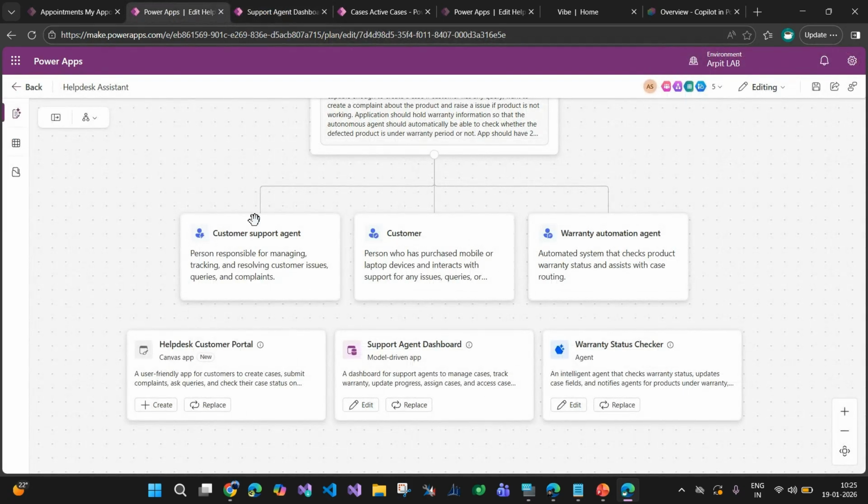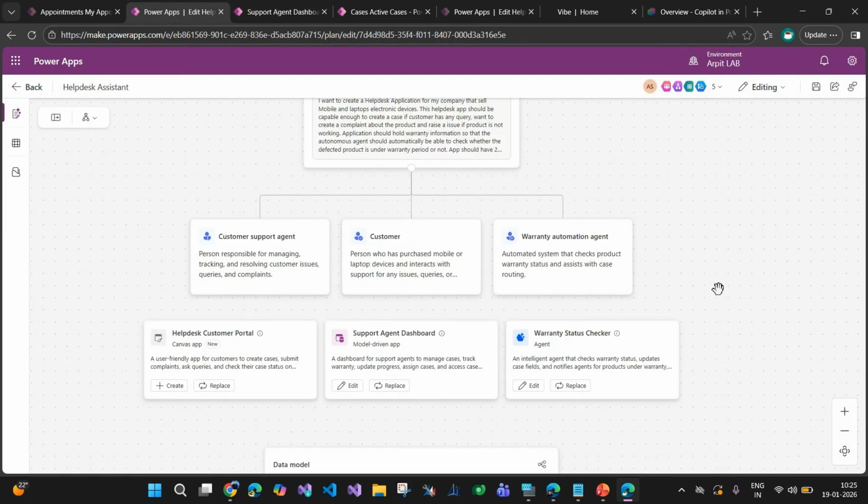Sometimes some users are not happy with the components it suggests, and if you don't want to use this feature and want to go ahead with the normal way of creating a model driven app, that is also fine. But sometimes, being a developer or app maker, you just want to know from the AI what kind of components you can create for a particular requirement. So at least you can take the help of Plan Designer to understand what components you need in your solution, and then later you can create them on your own. You don't need to use the